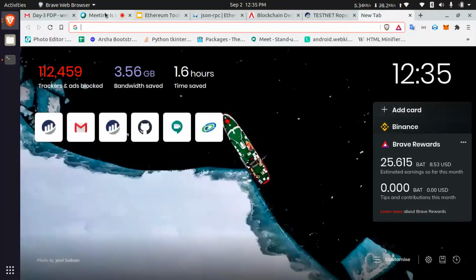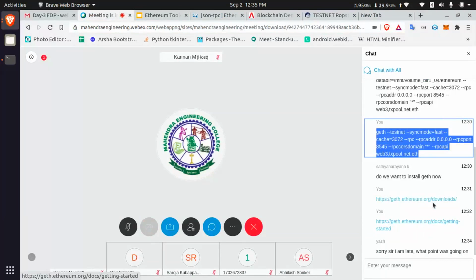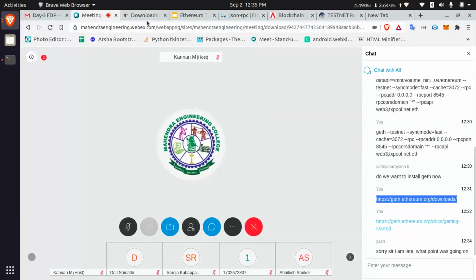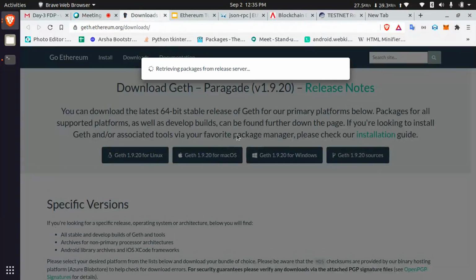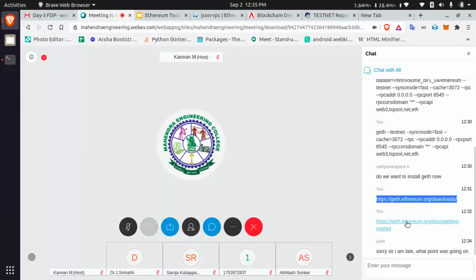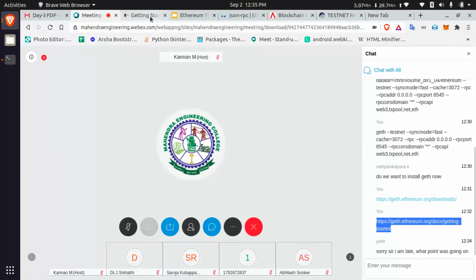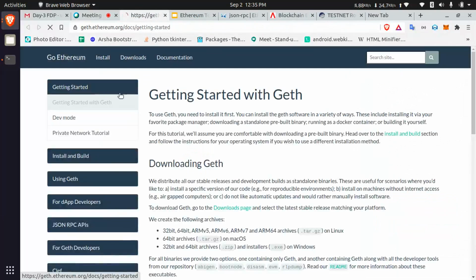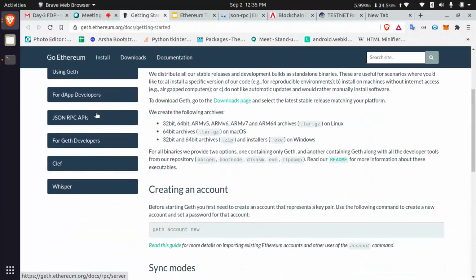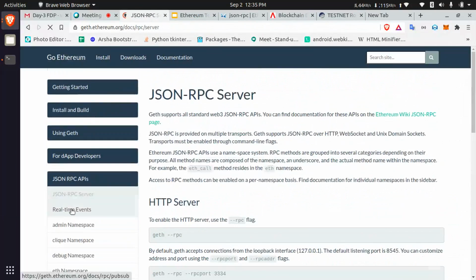Where we can download Geth: we share that URL for the Ethereum download. Here you can download for your environment, like macOS, Linux, or Windows. You can download it from here. And then the entire documentation is here: how we can use Geth, what is in Geth, JSON RPC APIs for DApp developers.